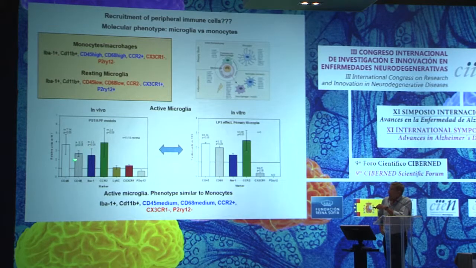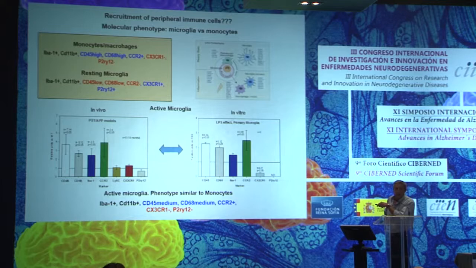In our models, we did observe an increase in the expression of all markers specific for the monocytes and a decrease in the expression of all markers specific for microglial cells. So this data could be interpreted as a recruitment of monocytes into the cerebral parenchyma. However, in vitro, primary microglia or even microglia-derived established cell lines also reproduce this phenotype when activated. As you can see here,